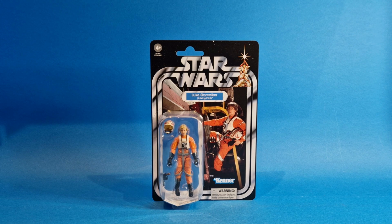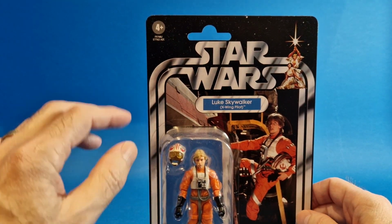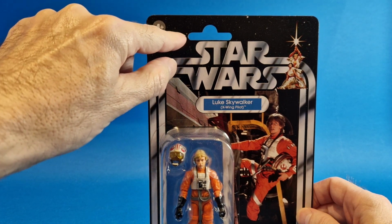So luckily for me, walking around MCM yesterday, walking through the Hasbro booth, I saw this and it was for sale at $9.99. So I asked the guy behind the counter, would it please be possible to purchase one? And he said, of course. So I managed to get one of these. But what I did was I put this card back in a bag. I scrumpled the bag right up, and unbeknownst to me, I got another crease right in this corner here,